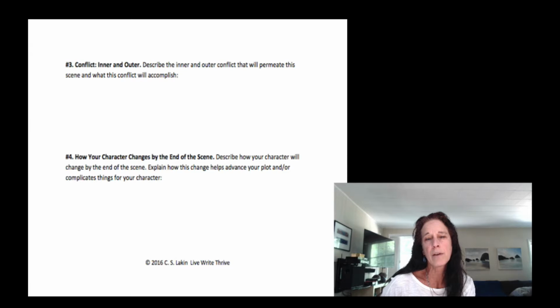And again, it can be really subtle. Oftentimes it's just a change in perspective. Because when the plot is advanced and the character learns something new, that should change him, change his approach, change the way he views something. If you have a detective story and he thought somebody was guilty and then he finds a new clue and realizes that this person isn't guilty, what's changed is his view of that person. All of a sudden he realizes that someone else is out there that's guilty of this crime, right?